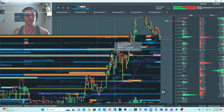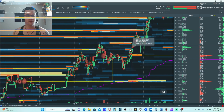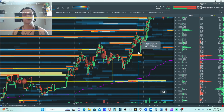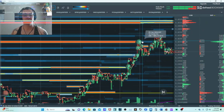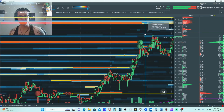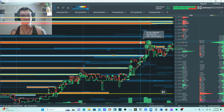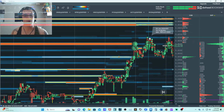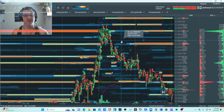And then to see where this is going, it kept putting in higher lows. We have a higher low right here, and then a higher low right here. And then we had some nice areas where they threw on some bid spoofs or threw on some bidders. We had some algo retest other areas of liquidity. And then this is where we see buyers get absorbed. When we see sellers get absorbed, that's what I want to see on the bottom. And when buyers get absorbed, there's a lot of volume going through right here, and then no more appetite or continuation. Things started to pull back, consolidate, pull back, and then some offers started to come